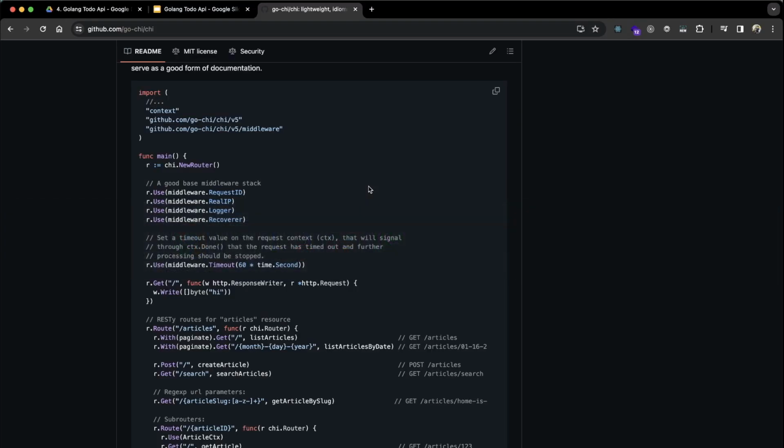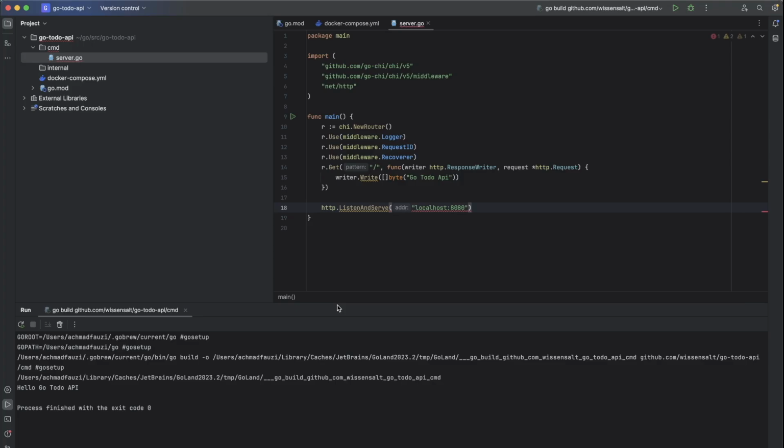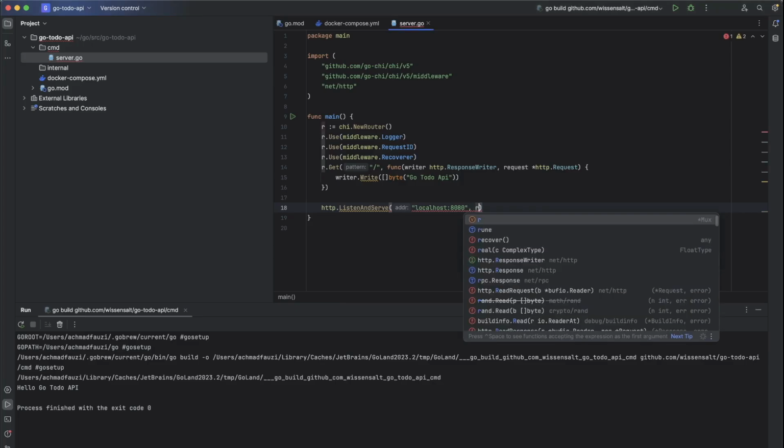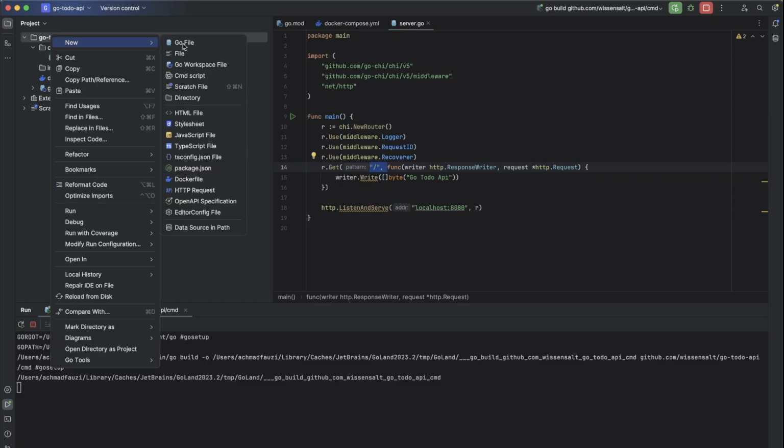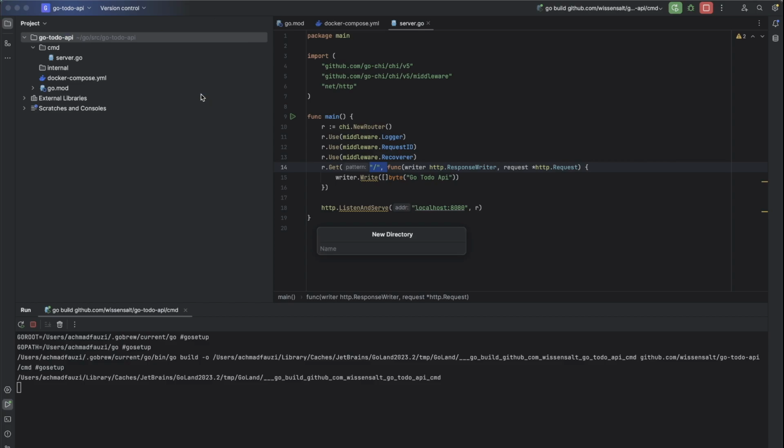And what else? Let's see the example. Listen and serve from the router. This is our router. Okay, it should be working. We'll start this project. Okay, it's run. In order to prove if this root API can be accessed, we will provide a new package, which is inside it.